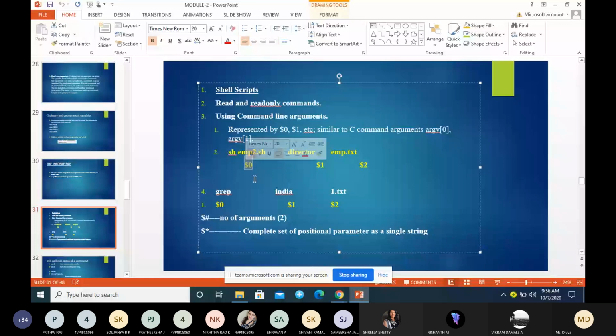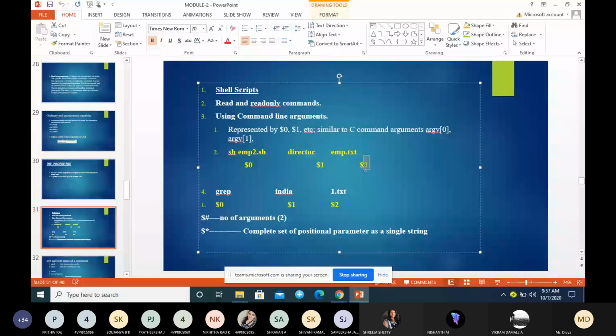So $0 will always have the name of the file, or the name of the command. When you are executing the file, $0 will have the name of the file, $1 will have the first argument, and $2 will have the second argument.